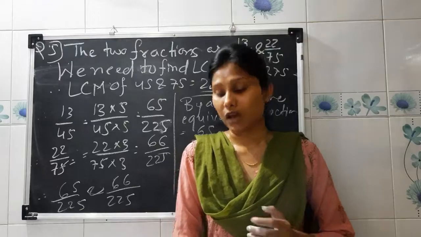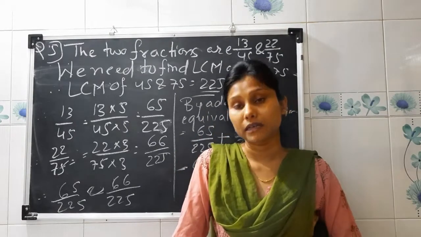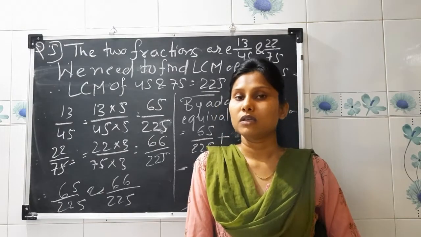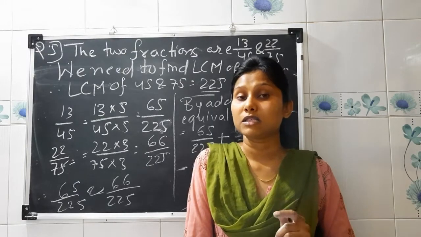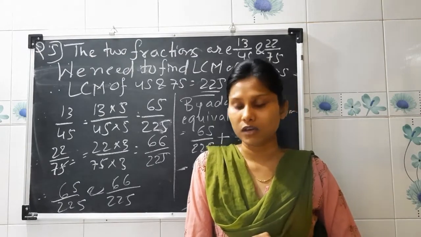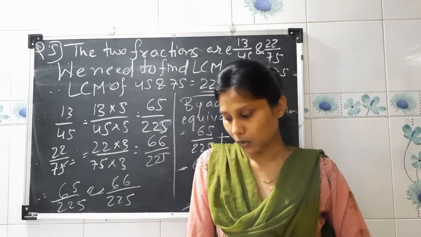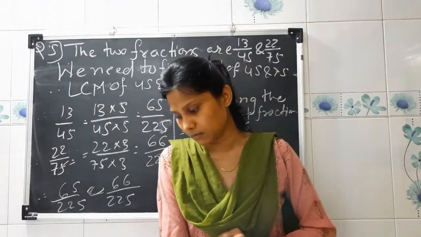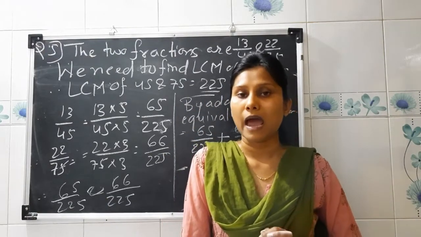So in this way we have completed our practice set number 25, and also we have completed our lesson number 9, HCF and LCM. Now in the next lecture we will be starting with our lesson number 2, that is angles, which is the only lesson remaining for first semester. Okay, understood? So in this way we have completed lesson number 9.